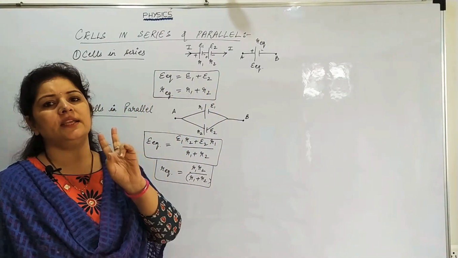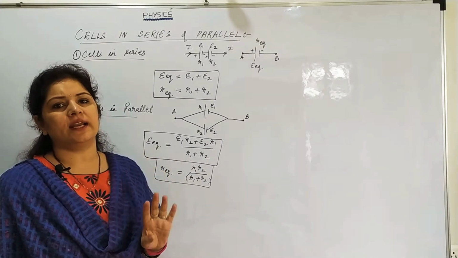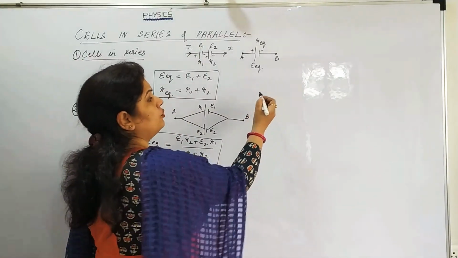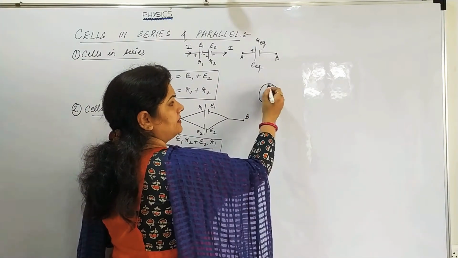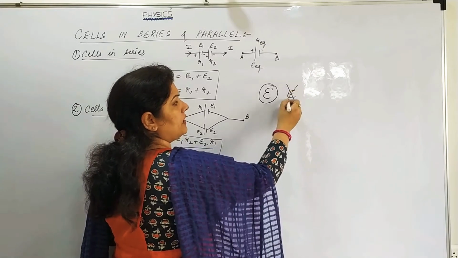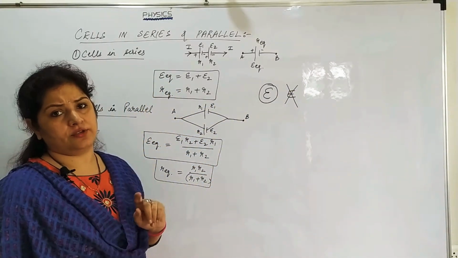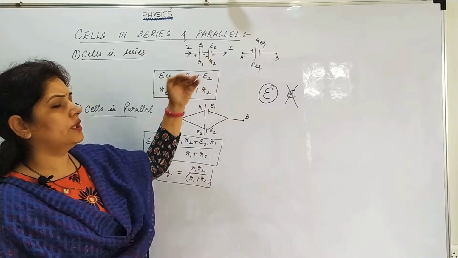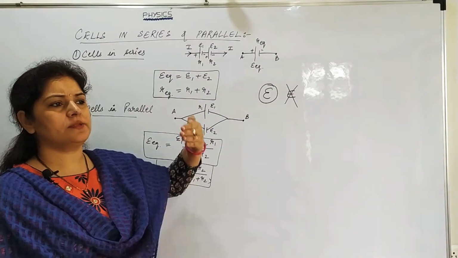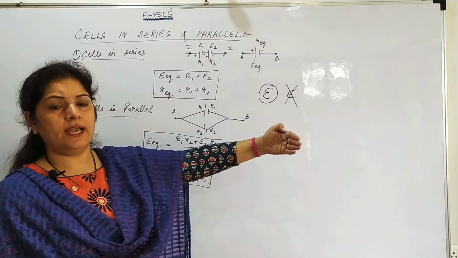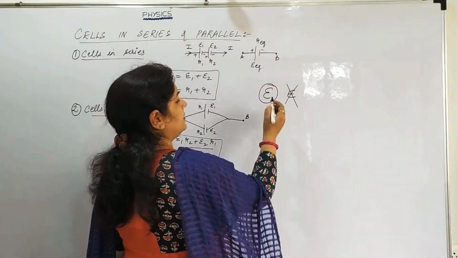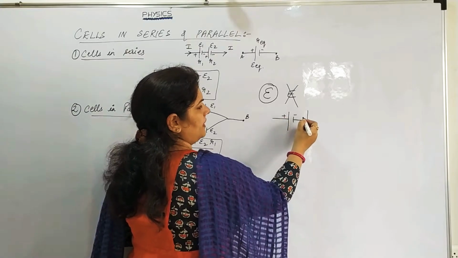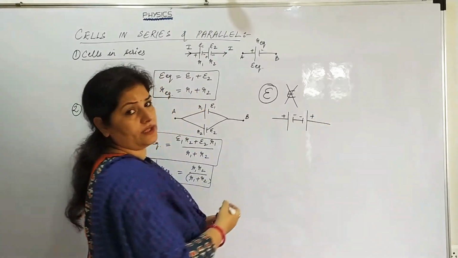Very basic. We are taking simply 2 cells and they are connected in series. So we have taken E1. Again and again I am telling you, you always have to write E like this for EMF and not like this, because that represents the electric field. So we have taken 2 cells, E1 and E2, connected in series. Series means plus minus, right? It could also be plus minus plus, positive negative positive, ऐसे भी हो सकता है series में, right?